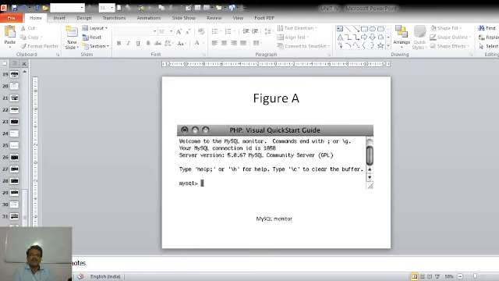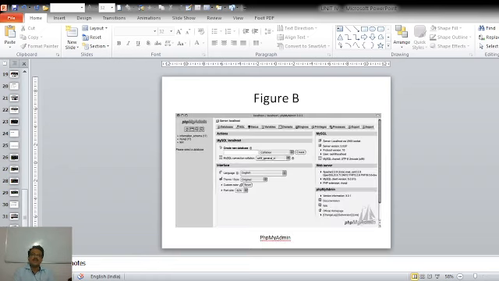The first is the MySQL Monitor, a command line utility where we can execute our commands. Or phpMyAdmin, which is provided if PHP has support for the MySQL database. Here we can execute our SQL queries in order to identify whether the SQL statement is causing the errors or PHP is causing the error.